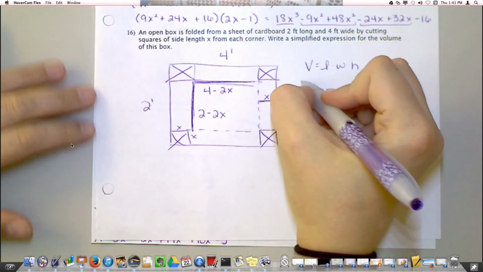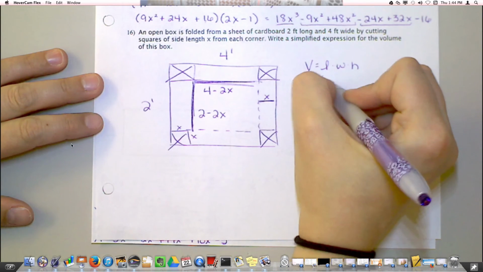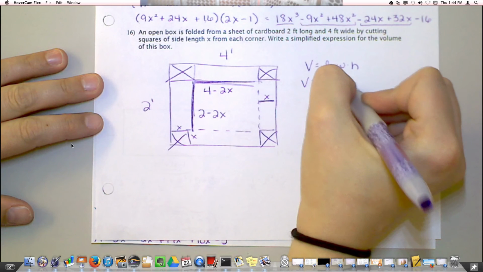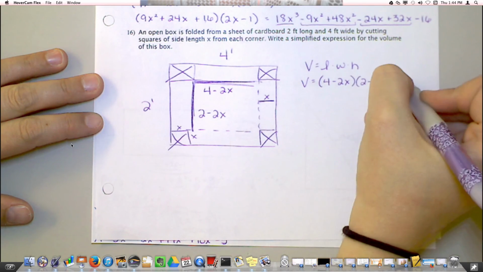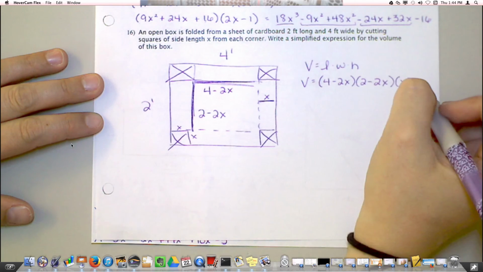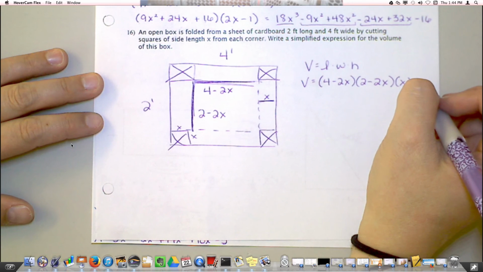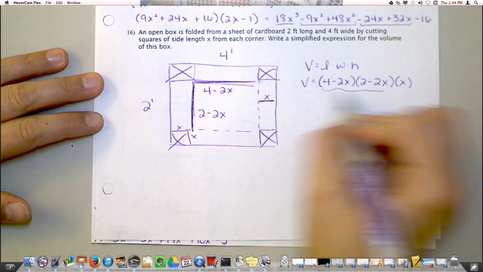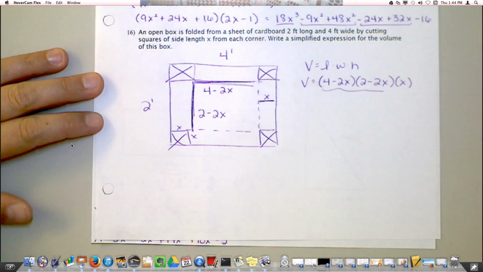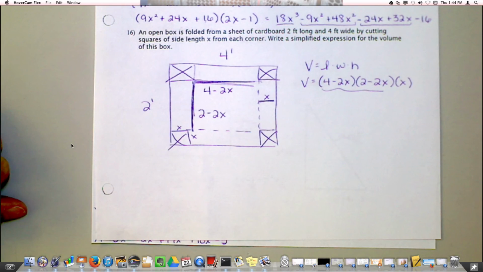Okay? So 4 minus 2x times 2 minus 2x times x. Do you need to see me multiply it all out? Are you okay with the multiplying part? Pretty good. Okay. Yeah, I would just FOIL these two, simplify that, and then distribute the x to everything. Okay? Okay. Should be an easy